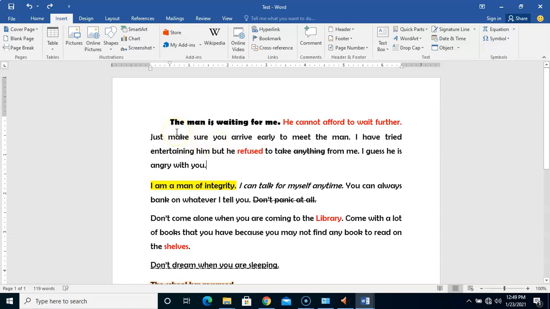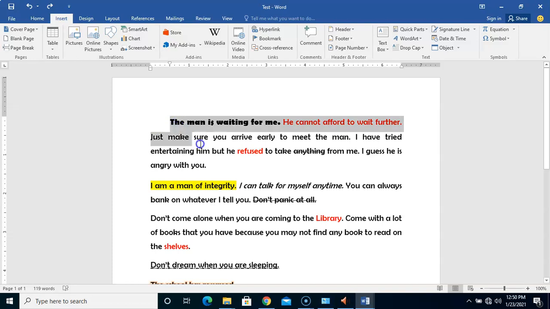For you to change the line spacing, remember I told you that the first thing you're going to do is to select what you want to apply that particular effect to. I've said that earlier, that anytime you want to apply any formatting to any text in your document, the first thing you're going to do is to select that text. So, for instance,